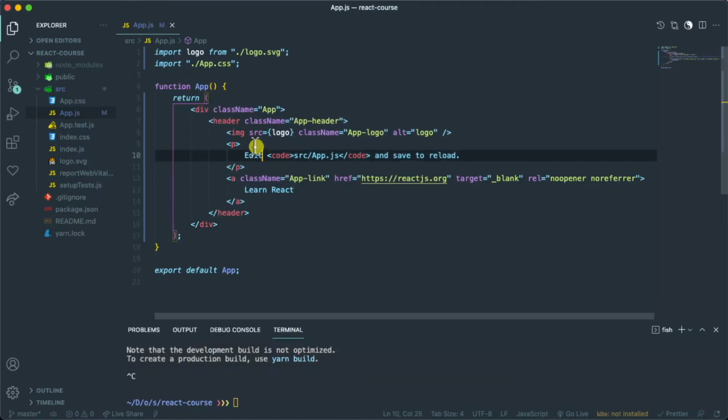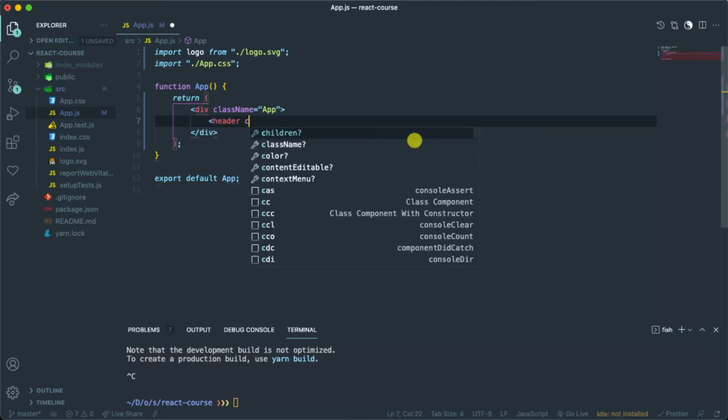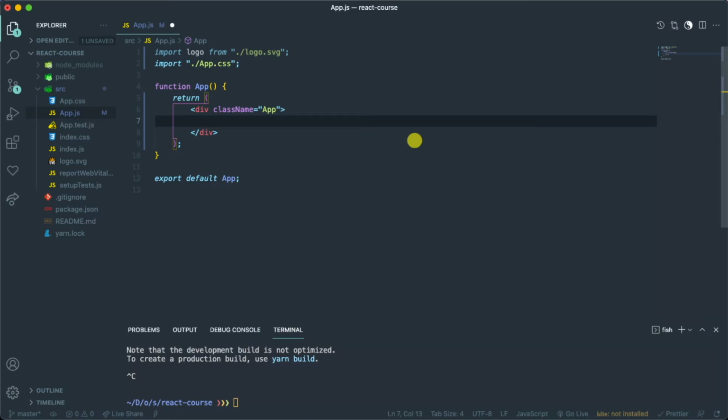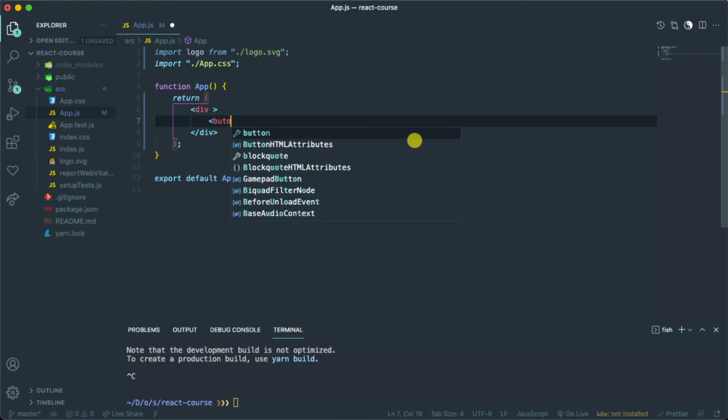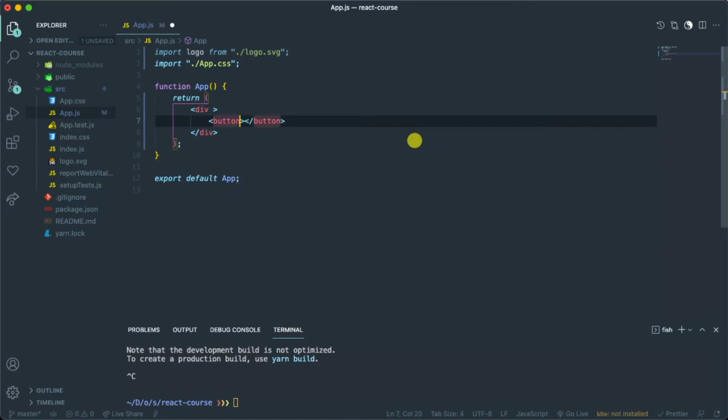So today I'll show you how you would handle click events, or in general how you would handle events in this React application. To follow along, go inside the src folder, then click on App.js, because this is basically our app. And here I'll delete this, and I'll delete this as well, so we only have one div. And for this purpose we're going to use a button,